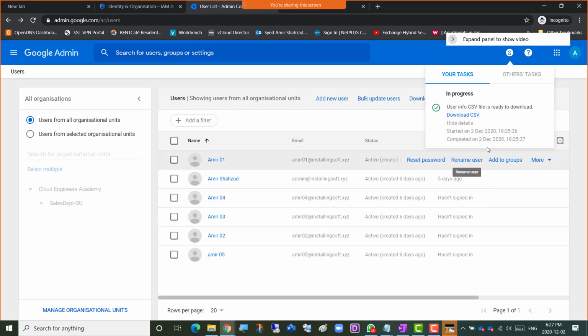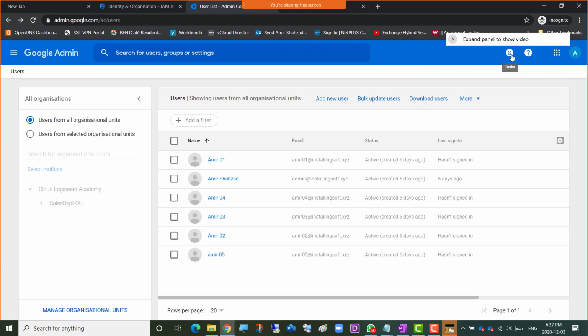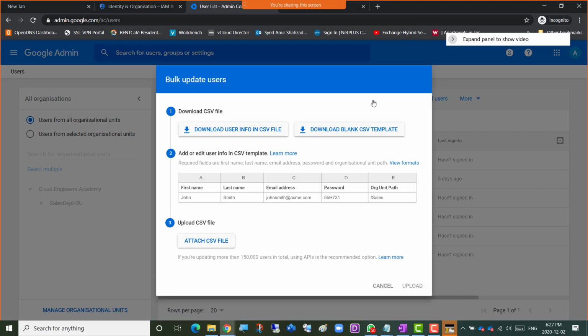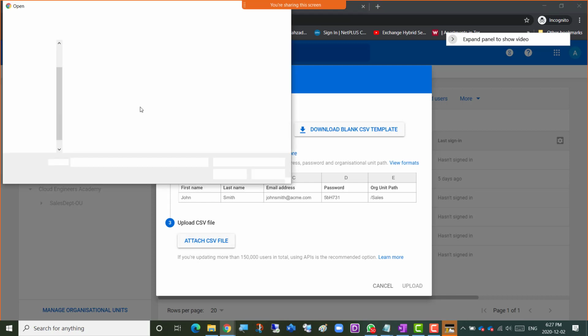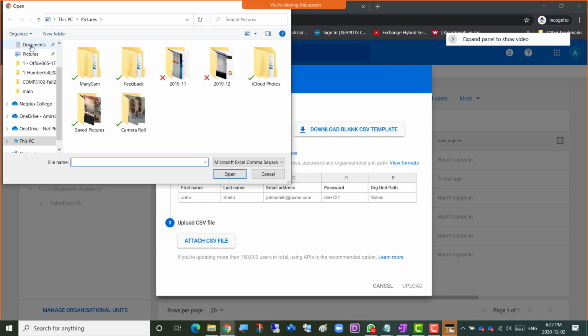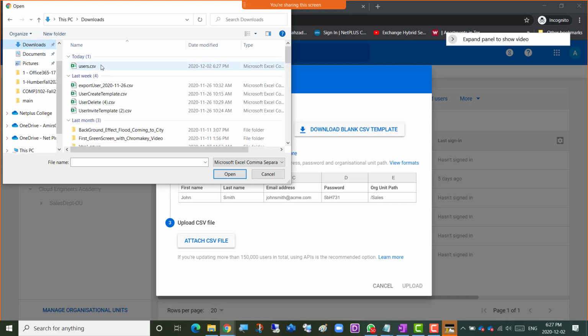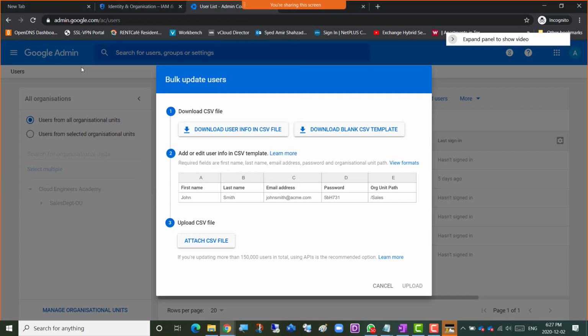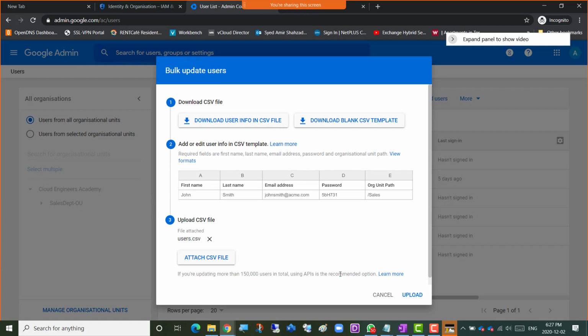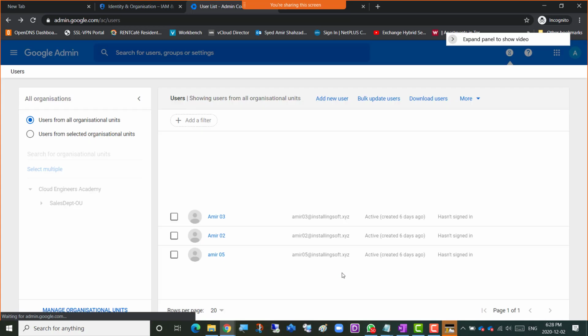And your tasks and other tasks, so well, these are, there's that time clock type thing, old time clock thing. So bulk update users is there. There's download users. If I click the bulk update, this is upload CSV. On the same screen now it says, oh, you made a change? Okay, are you ready to upload? Yes. And I'm going to click that, attach CSV file, and go down to downloads, and users. This is the file that I just made a change in, and double click. So the main thing is, does it accept it? Is it okay what I did? And I click the upload button here,